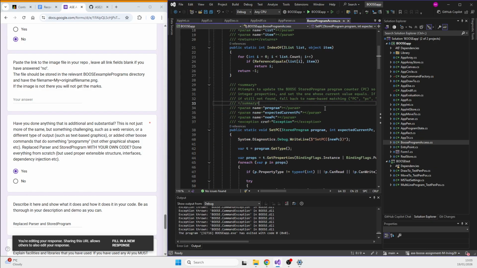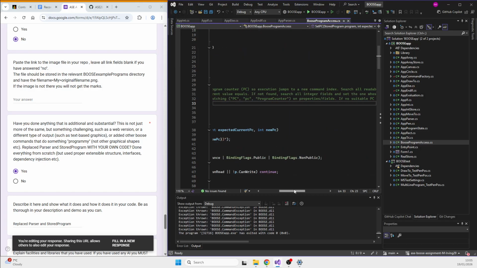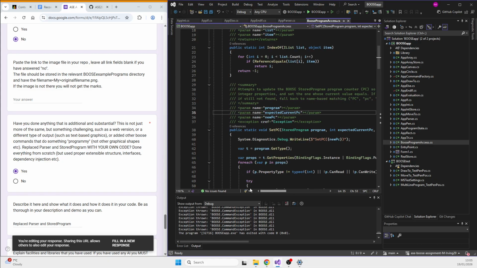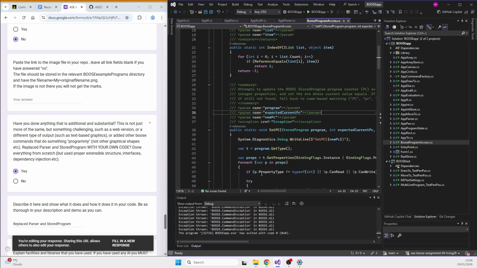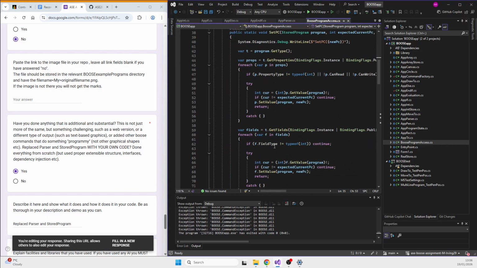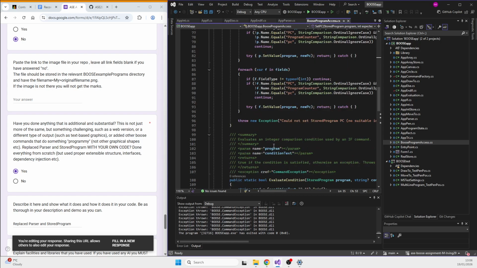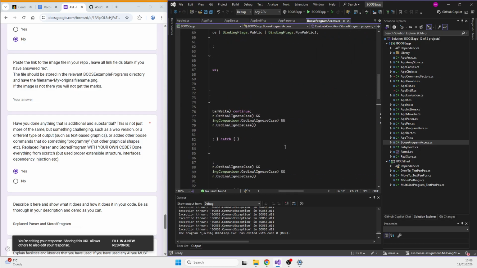If it's still not found, it'll fall back to a name-based search, and then if no suitable program counter can be found, the exception is thrown. Here, no suitable input number is found.